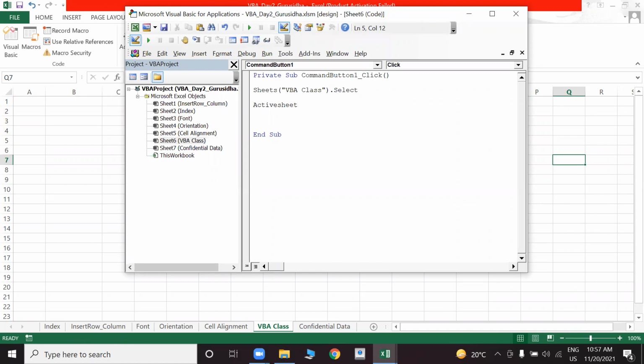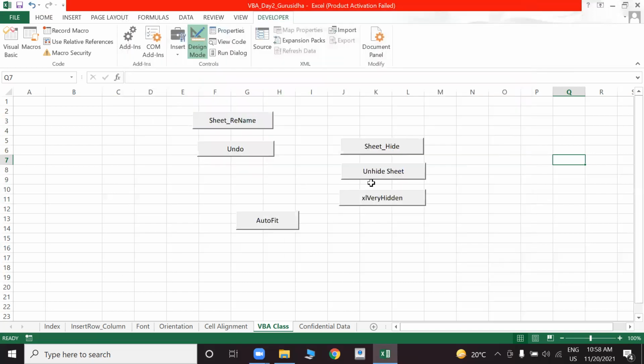So I will say ActiveSheet.Name equals Python class. So if you click on this button,